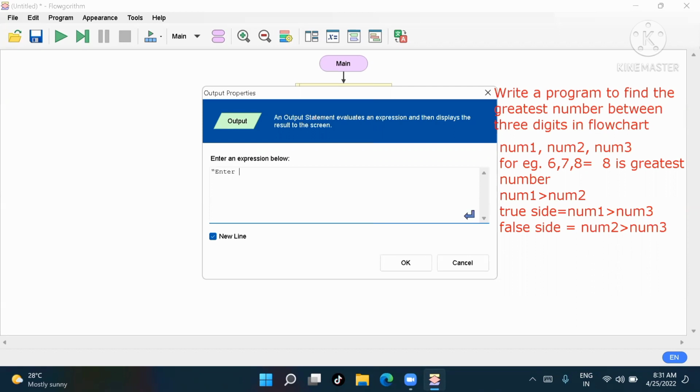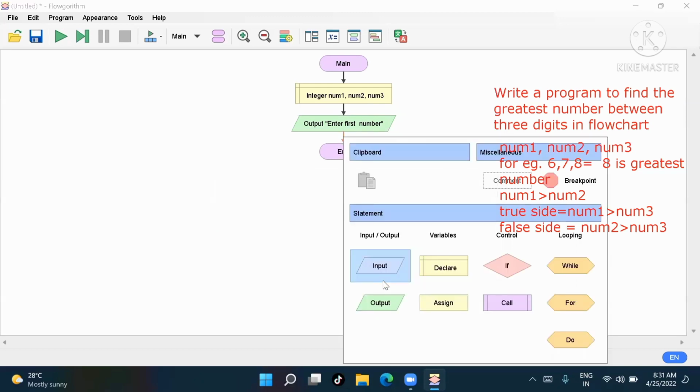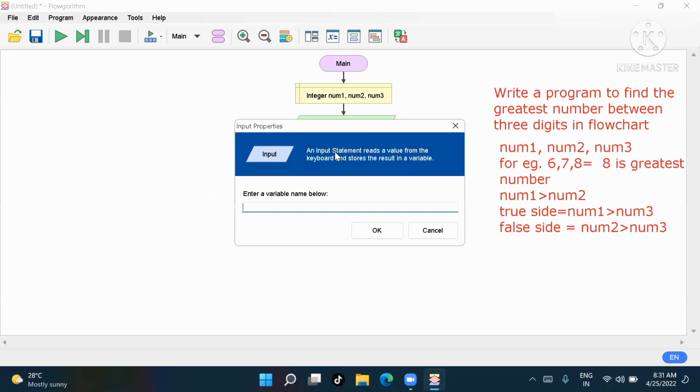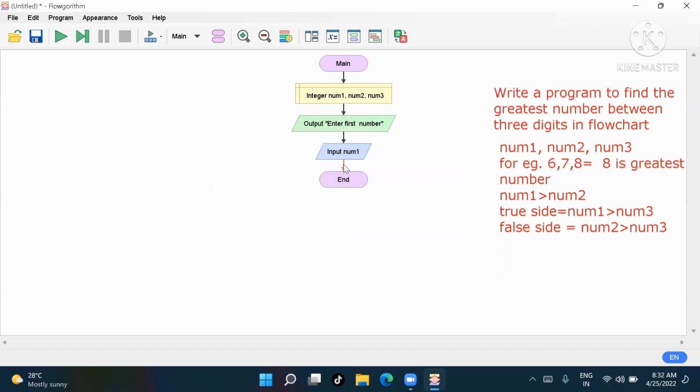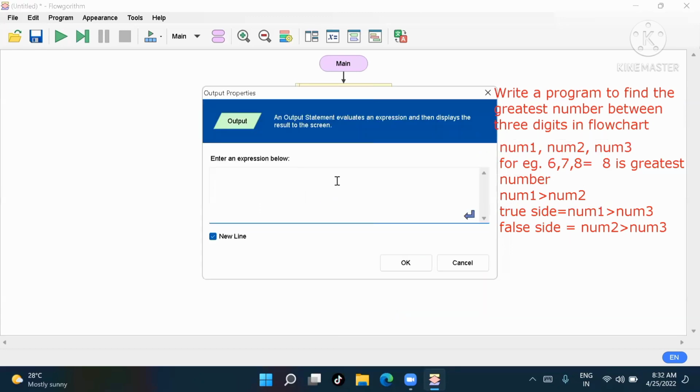I'll write "enter any one number", enter first number. I'll write num1 is first, num2 is second, right? What you will do now, go on input and write num1, means our first number is num1, right? Now again go on output and write